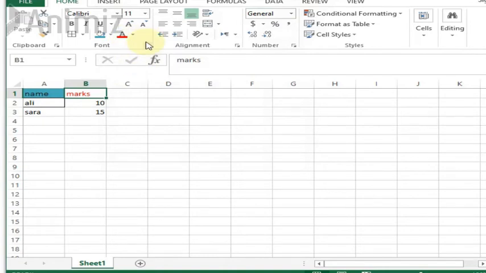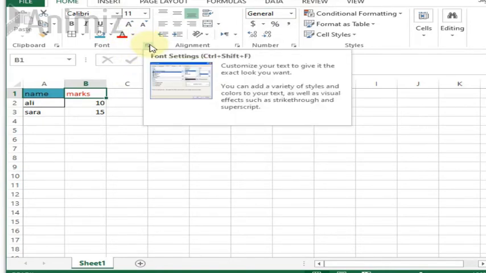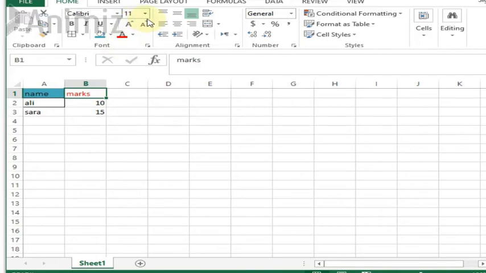So this is what the font group is all about. If you want to format your data, then you can use the home tab, and you can use the font group to change the font of your data. You can make it smaller, bigger, change the cell color, change the text color. You can create a border, and you can underline the text. You can make it italic. You can make it more beautiful and different depending on your choice. Okay, so this is called formatting, and this is the home tab.